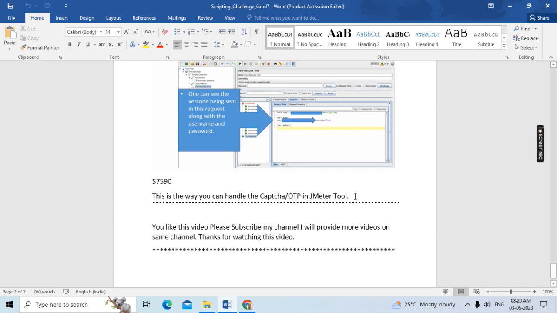That's all guys. This video mainly covered how you need to handle the Captcha OTP. This is the process and these are the approaches for the proper way to handle the Captcha